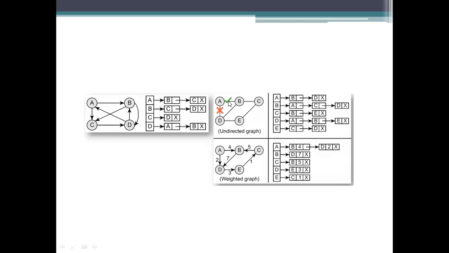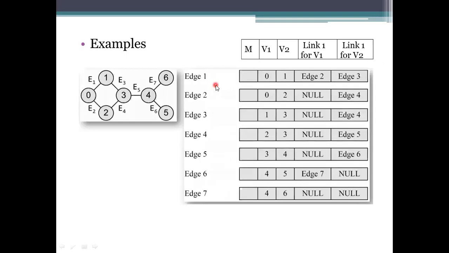The other links are B, and we have multiple here, so we can choose B or E. So first the mark, next the edge from vertex 1 to vertex 2, and the other links from vertex 1 and vertex 2 have to be specified. That is the header format indication.